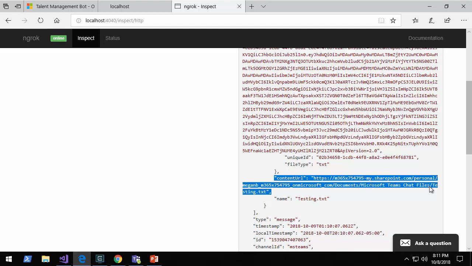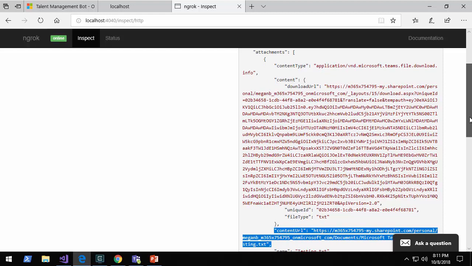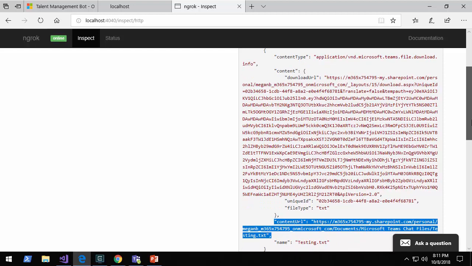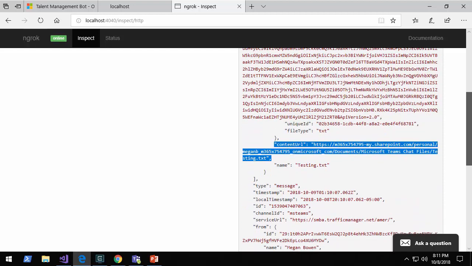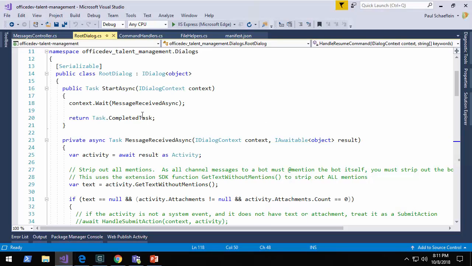You'll notice the content URL shows that it's in my SharePoint.com personal site, Megan, right? However, the download URL has just the download.aspx with a token assigned to it. So I have two different URLs, one to get the object, the metadata from OneDrive, and one to actually download the document. So if I look at my bot here in my root dialog,